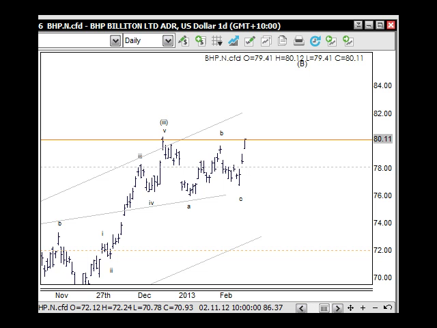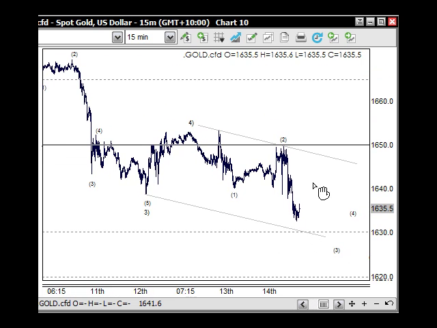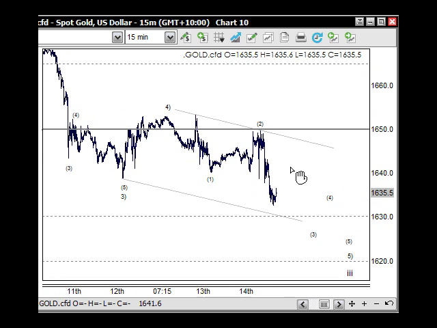Obviously the precious metals are in a different situation. So just having a look at gold here, on a 15-minute chart. If you've been tracking this, you'll know that the 1650 is the medium level here. We were looking for this to become the retested resistance. That's unfolding nicely. It does seem silver is sort of leading the way down a little bit.